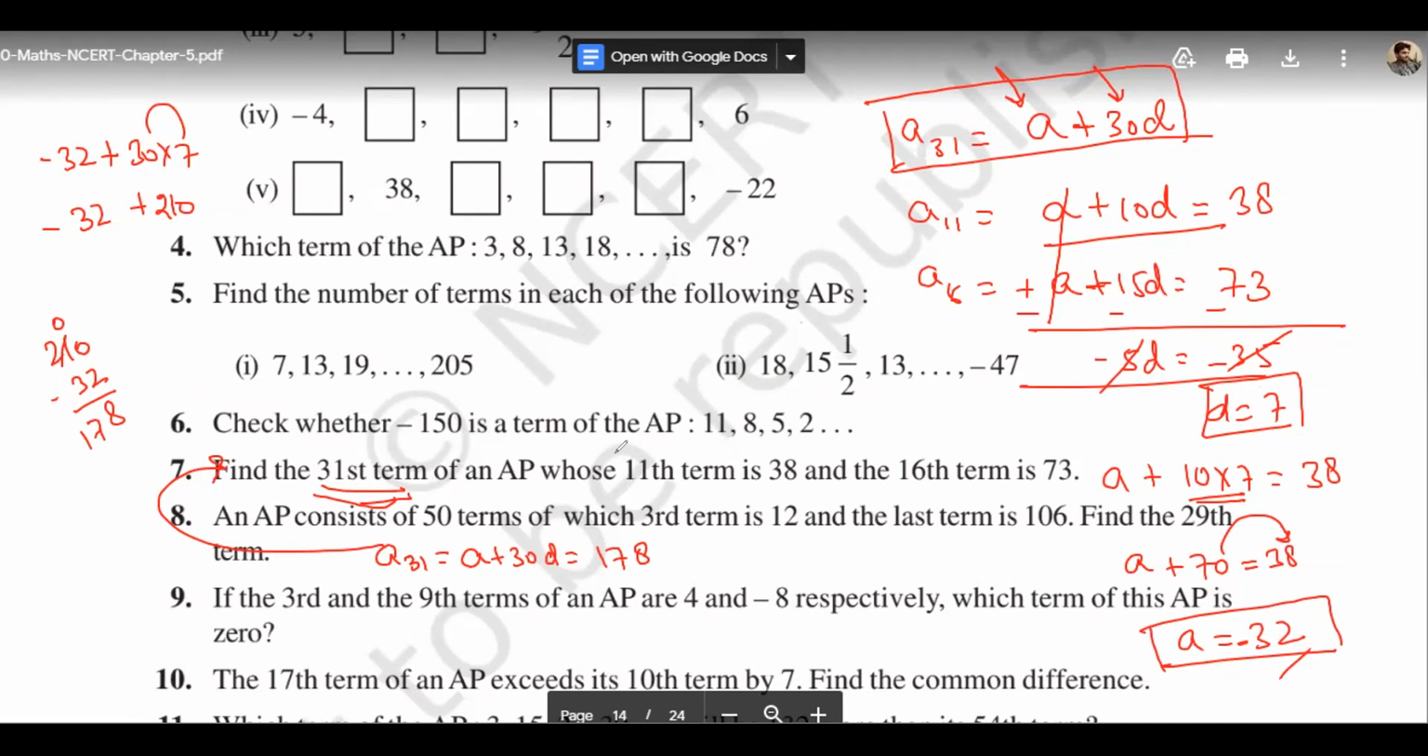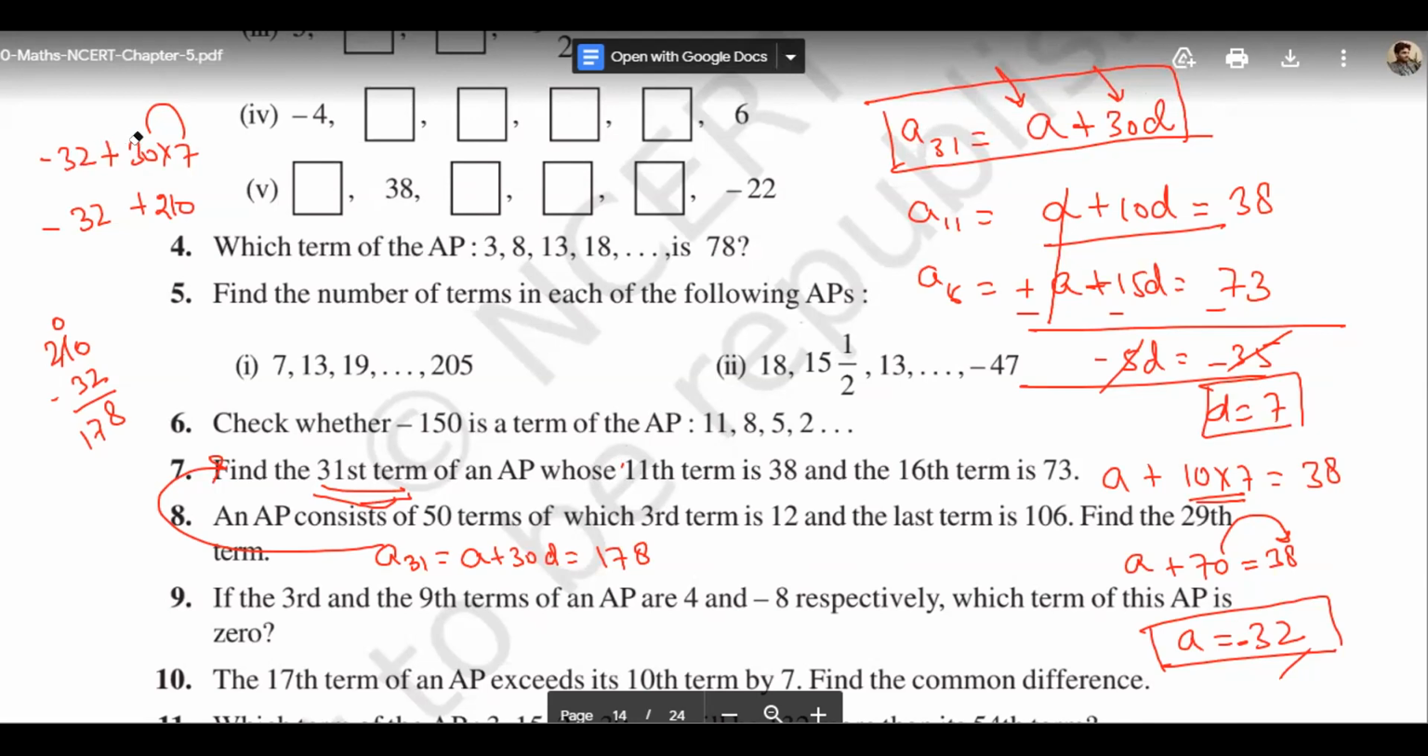अब हम लोग को कौन सी टर्म पूछी थी? हम लोग से 31st टर्म पूछी थी, और मैंने बताया है कि 31st किसी भी AP की क्या टर्म होगी, A31 विल बी A प्लस 30D. 30 कैसे हुआ ये? n minus 1 यानी 31 minus 1 करोगे तो you will get 30. ओके, सो आपको A plus 30D निकालना है, तो A की वैल्यू पुट कर दीजिए माइनस ऑफ 32 यहाँ पर,